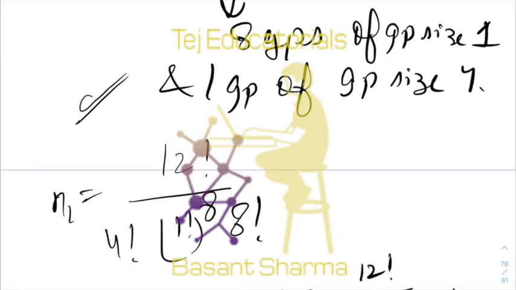These are straightforward concepts, but they are very interesting, and there's no need to memorize. Rote learning is strictly not recommended, and you have to understand the concepts.